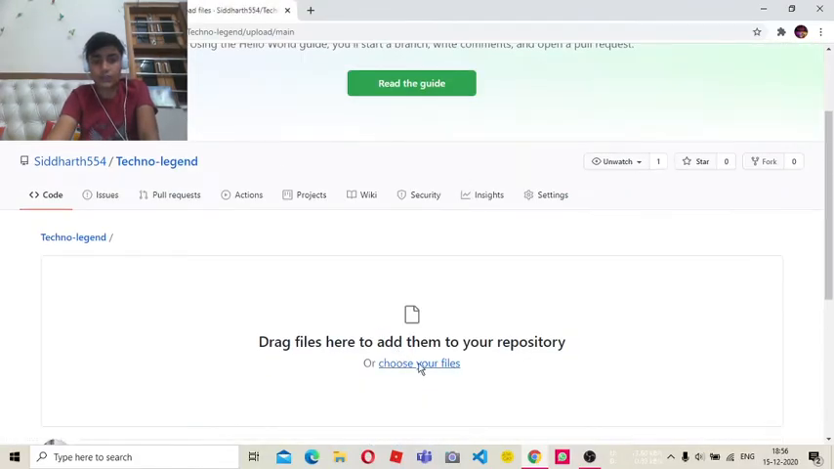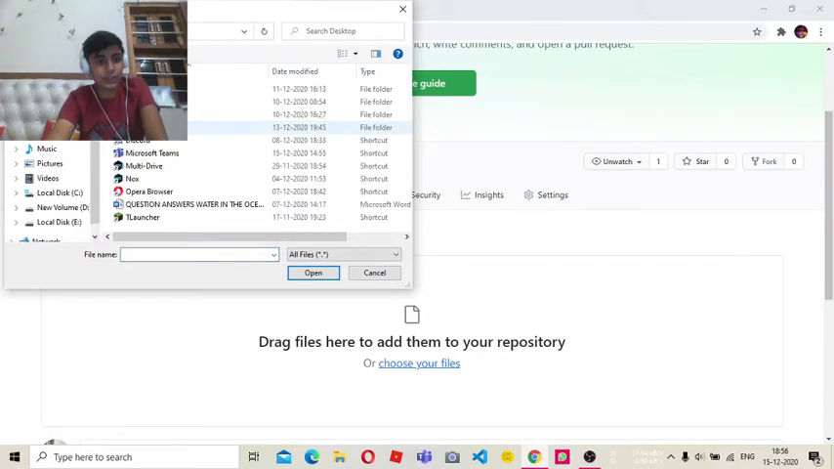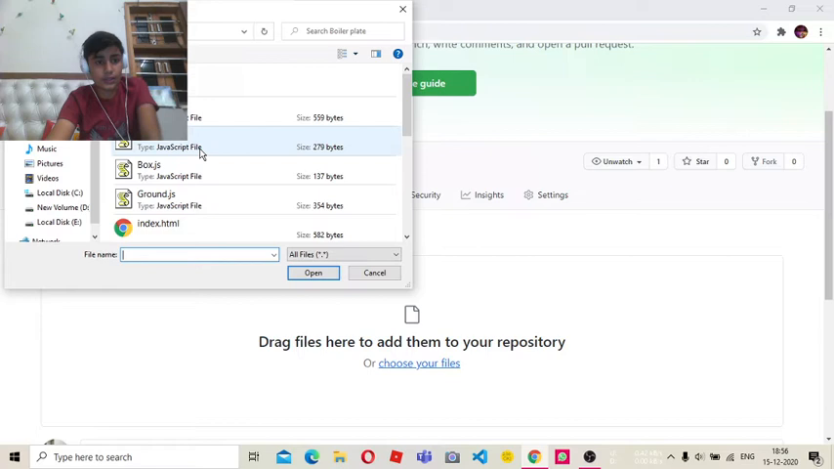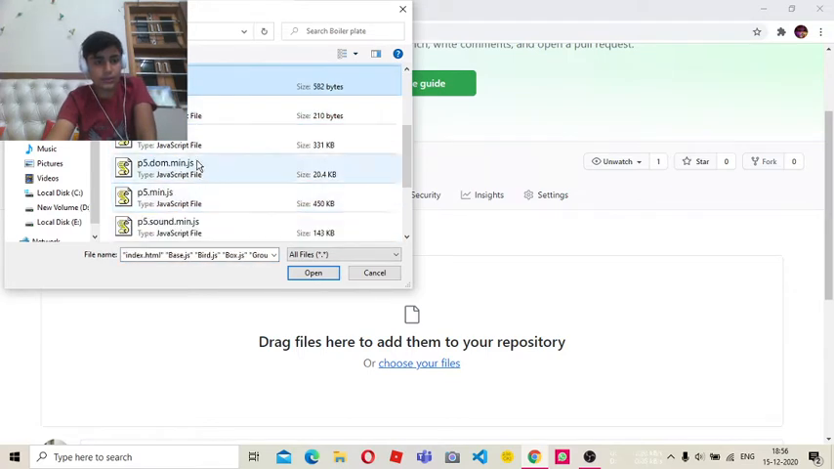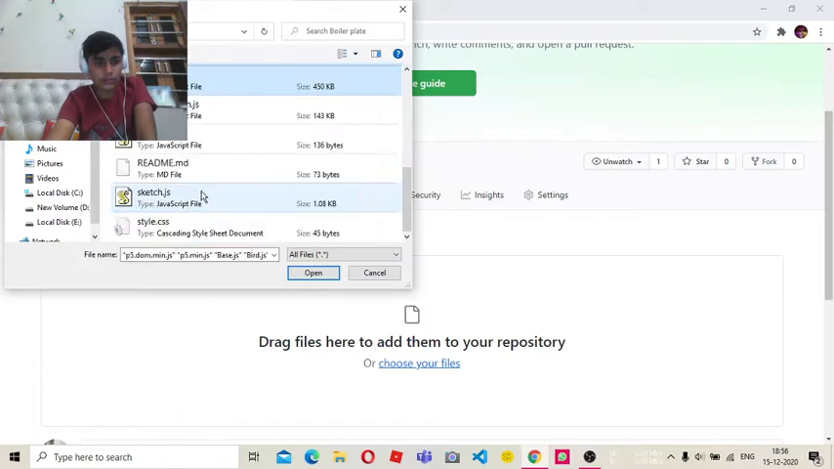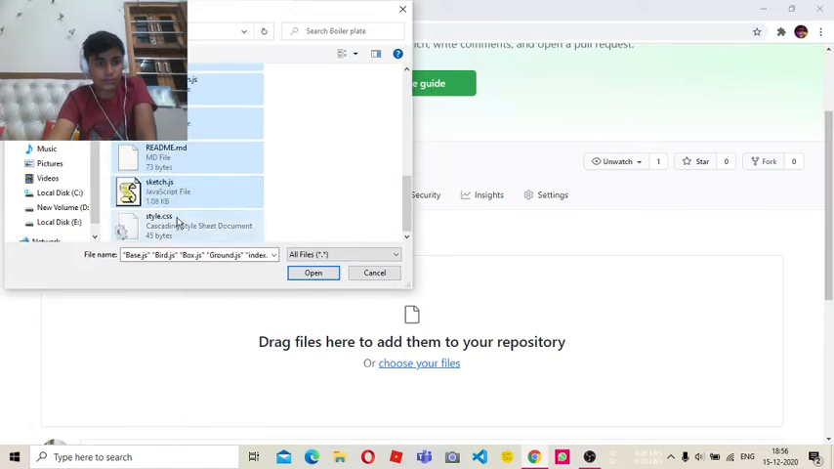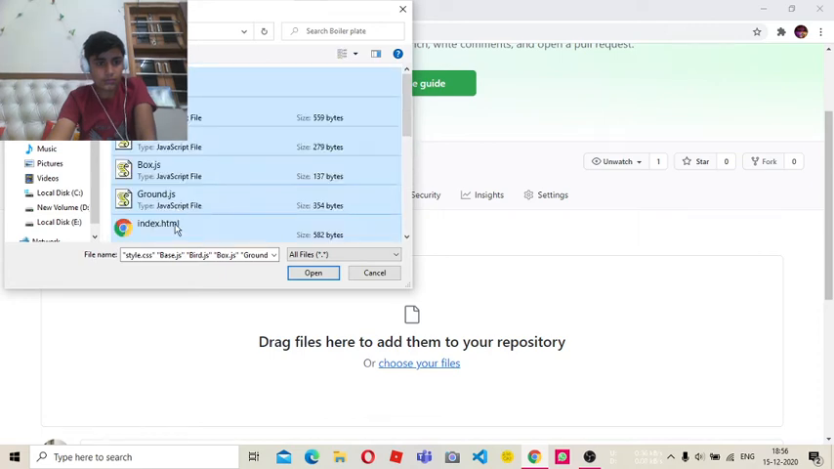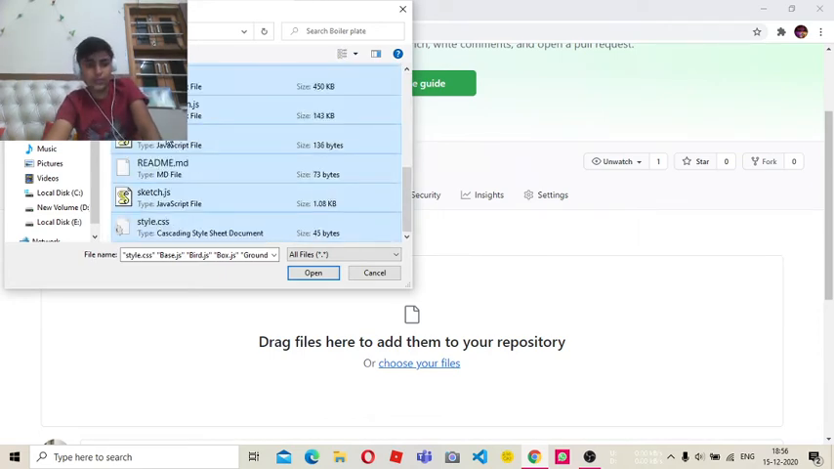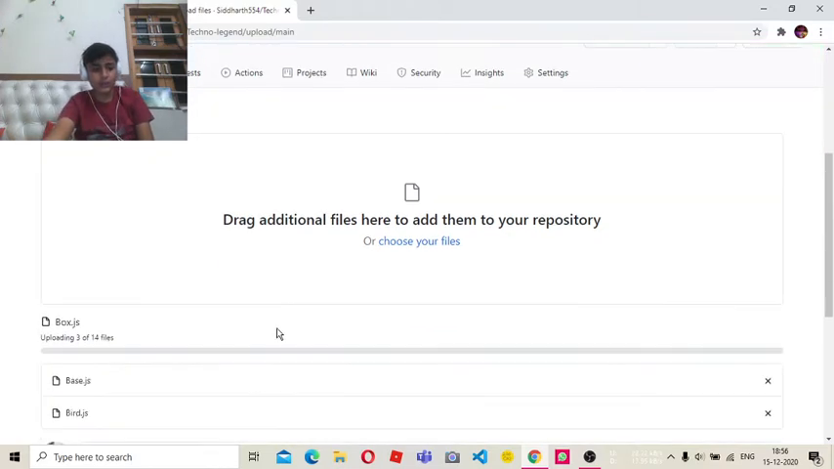After that you have to click on choose your files, and then select your files which are on your desktop, which is your boilerplate. I am going to select all these files here. Okay, all the files are here. So I am going to click on open, and now you can see after scrolling that all the files are